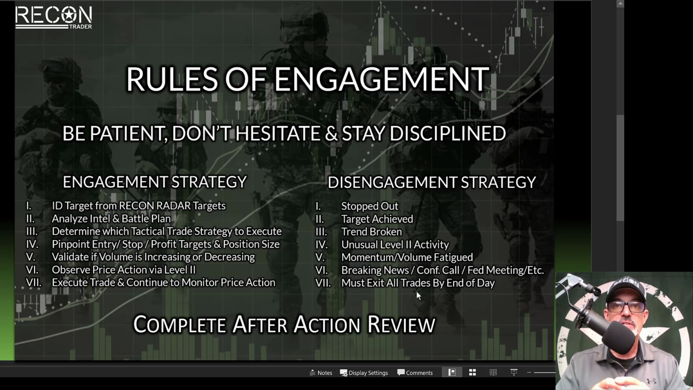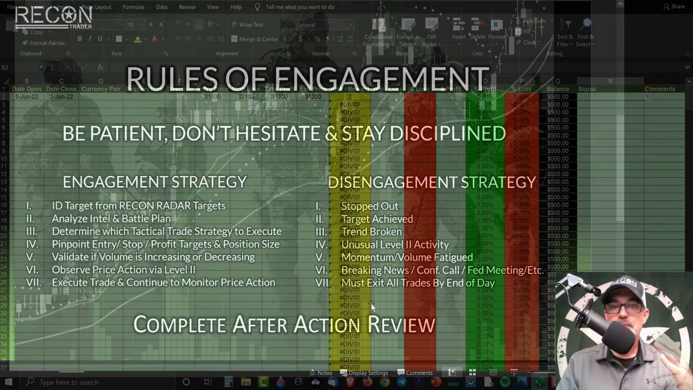Especially on a small account like this. Now, on some of my larger accounts, I do have swing trades in place, but as far as a small account like this, they will be strictly day trades, and I must exit those trades before the end of my day. Now, once I exit a trade, I do need to complete an after action review, and I do that